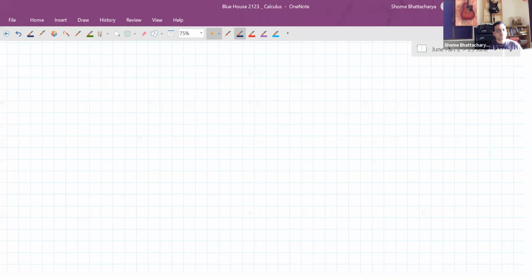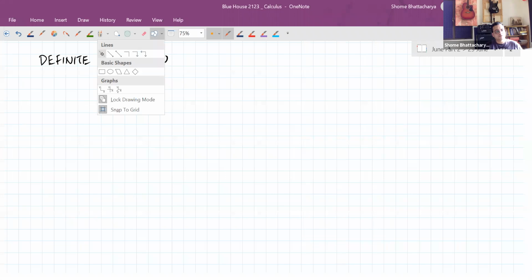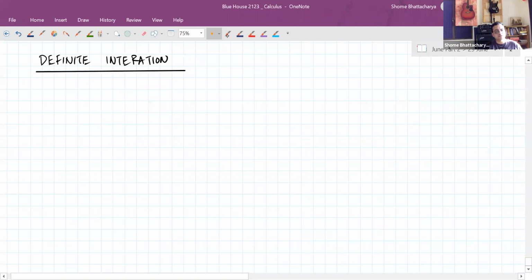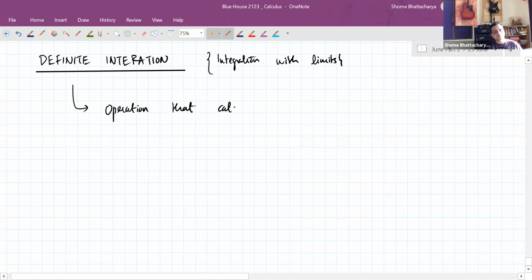Okay, but before that, we will take a look into the second type of operation in integration, which is called definite integration. Okay, so this is sometimes also called integration with limits. So what definite integration does is, this is an operation that calculates the area